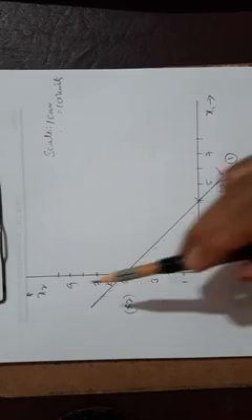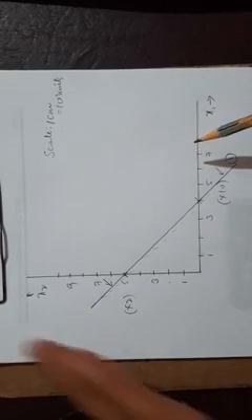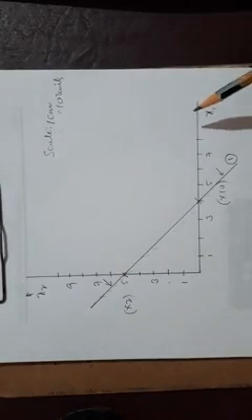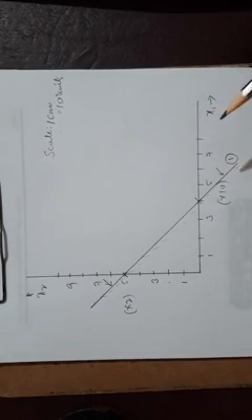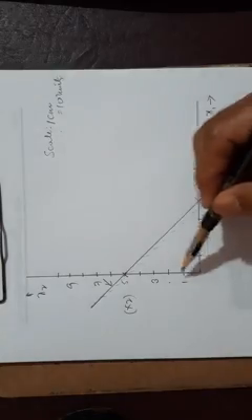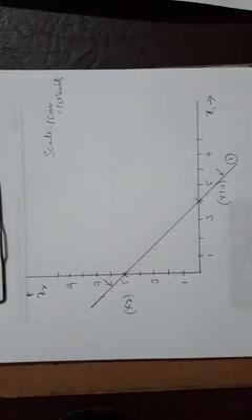I am using a plain sheet. Please do it on a graph sheet, because you are expected to do such problems on graph sheets. On a graph sheet the clarity may not be good on video, so I am trying to use a white sheet. Is it clear? I marked the corresponding markings here. Along x1, each centimeter represents 10 units. So 1, 2, 3, 4, 5 or 1, 3, 5, 7, like that you can mark. You don't have to indicate each of these divisions. Again along the y-axis, or along x2. After that, I already have drawn a line.